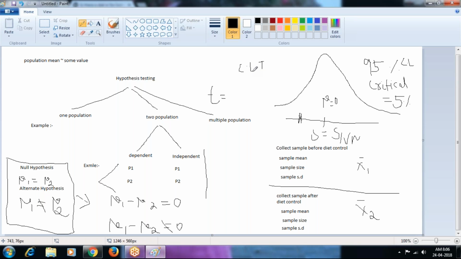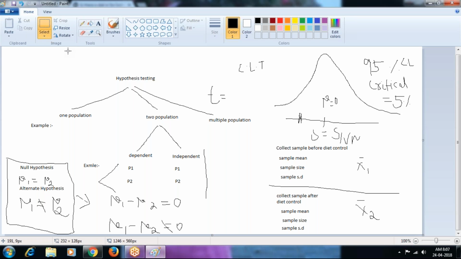Let me put the t value for this. If anybody has this book, I will tell you the page number. You can directly put this one. The t value will be,